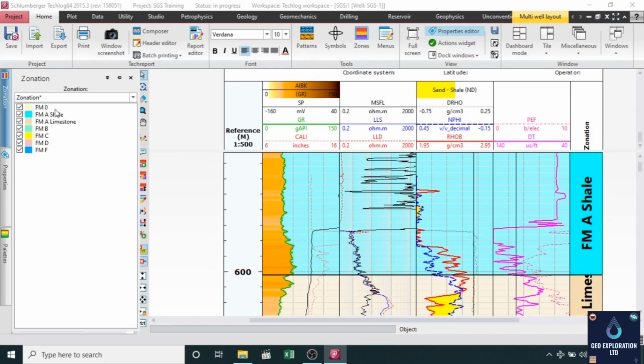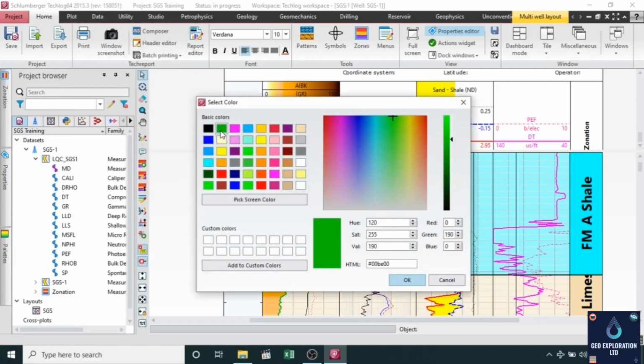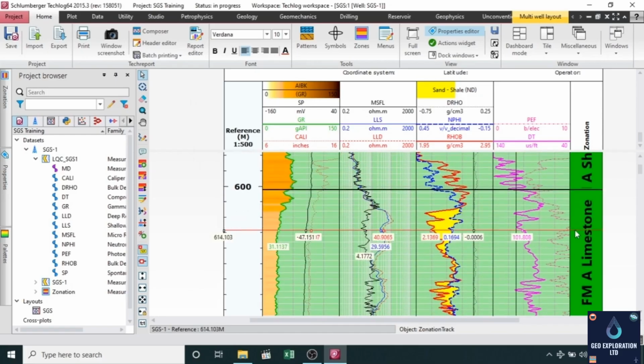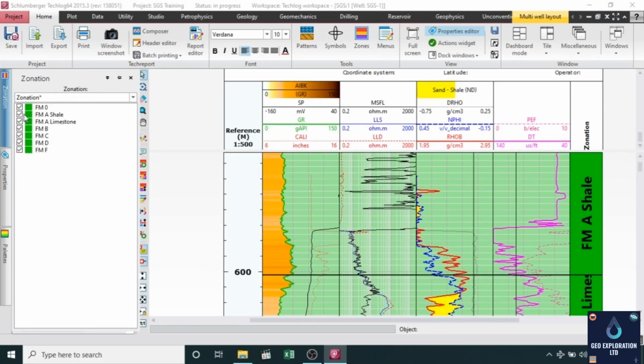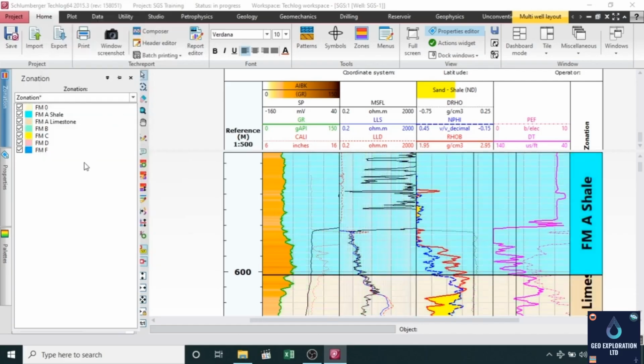I can change a single zone color by right-clicking on that and defining the zone color, and we can change this from here. See, it's changed, same to all formations because I selected all of them. So let's again go to automatic. We can add the pattern,